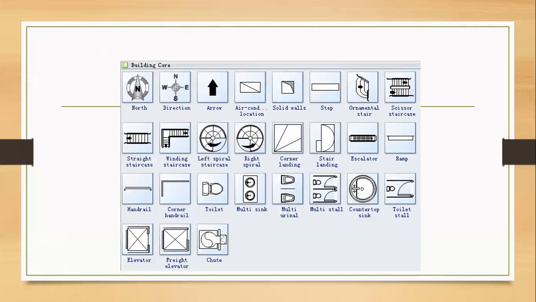And here we have some other conventional symbols. So if you recall, I said you would need to have a north arrow on your plan. I'm not going to go through all of them. I'm just going to point to some common ones. So like you have your staircase here. This is usually for larger buildings,